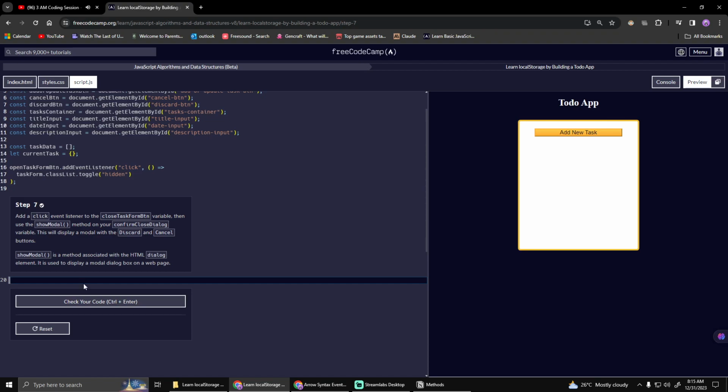It says add a click event listener to the class task form button variable. Then use the showModal method on your confirm close dialog variable. This will display a modal with the discard and cancel button. Okay, so we use